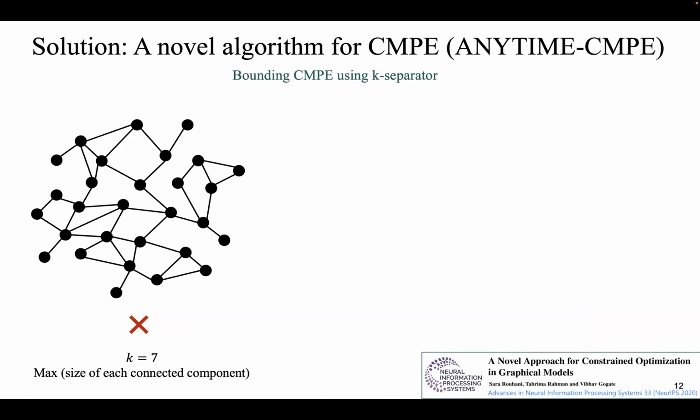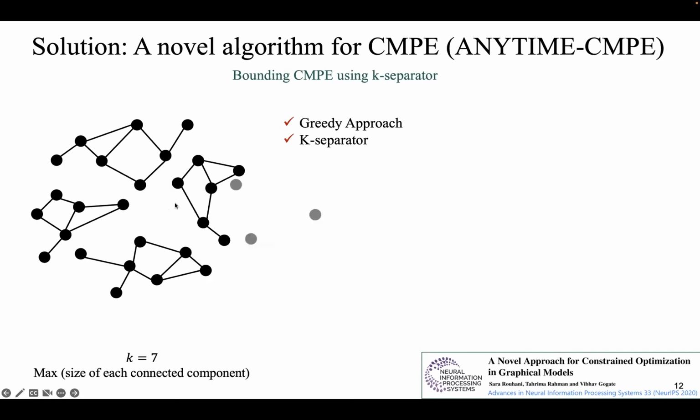And what I'm going to do is demonstrate this cutset conditioning approach, or this k-separator approach, using this graph. So let's just say that you're given this graph, and now I give you a value of k, which is 7, and I ask you the following question. Find a subset of variables such that when you remove those variables from the graph, the remaining graph is such that each connected component only has 7 or fewer nodes in it, right? So in this case, if I remove these 3 variables, which are highlighted in gray, I can take them out, and now each connected component has fewer than 7 variables in them, right?